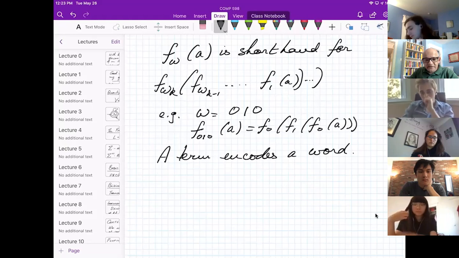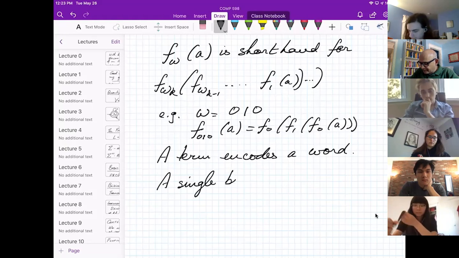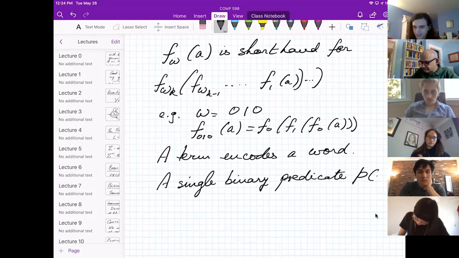Now, that's the term part of the language. There'll be a single binary predicate P. Binary, so I'm showing it with 2 holes that I can put terms into, and P will either be satisfied or not. Right, ready?